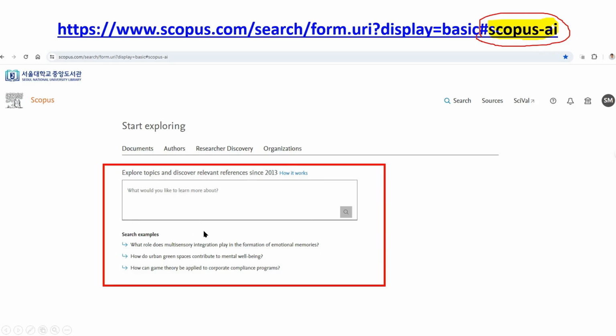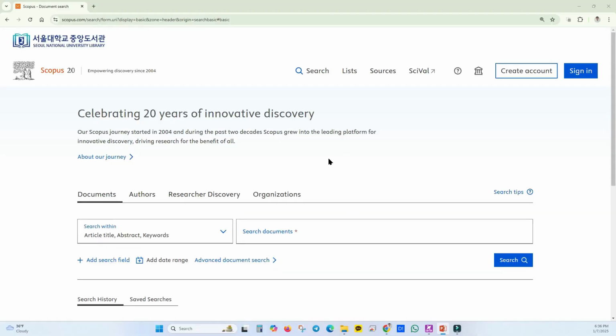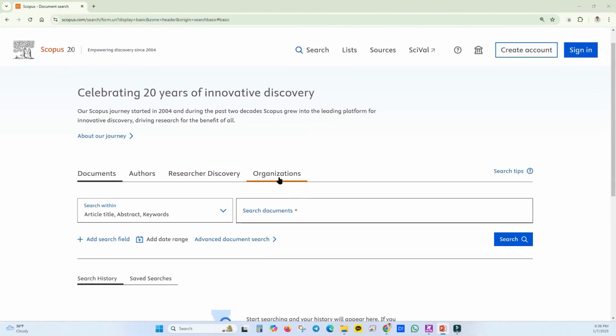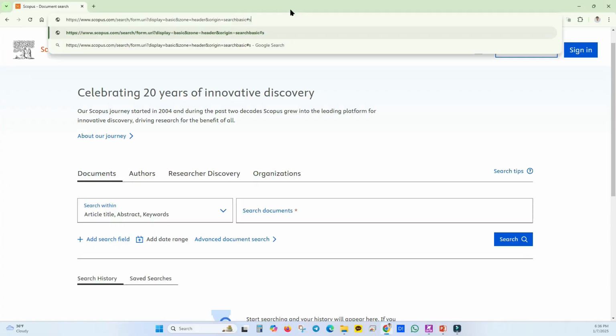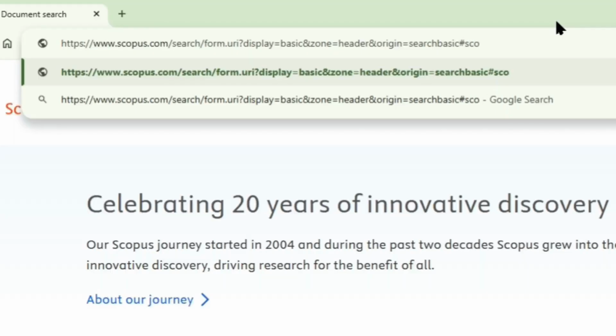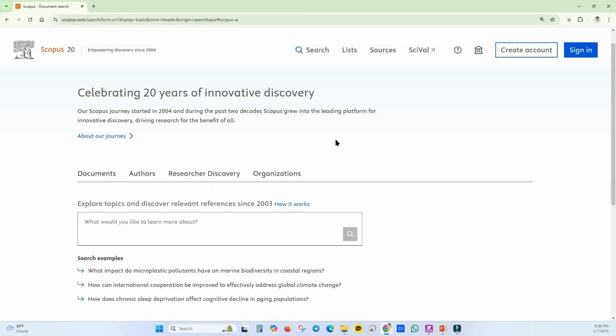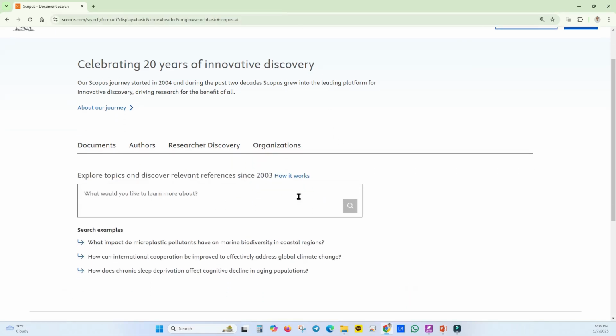Now let's go ahead and pick a topic live. All right, I've opened this page. As you can see, it's disabled for me, so I'll go to this section and type in that phrase. Let me type it. And you can see that the tool is now enabled for me.